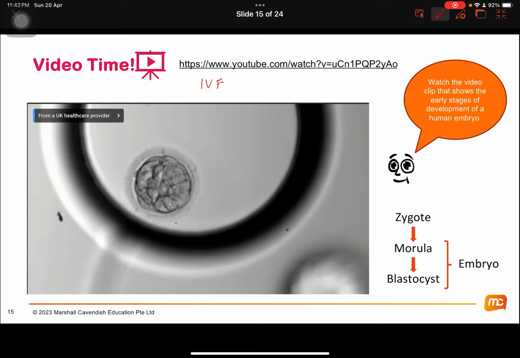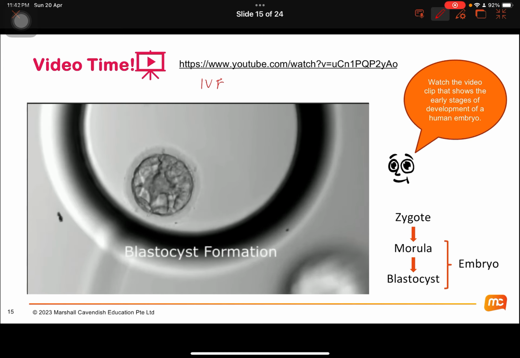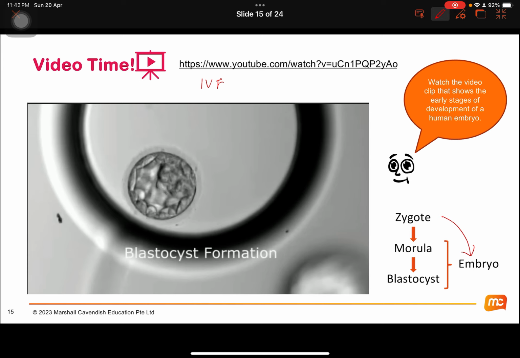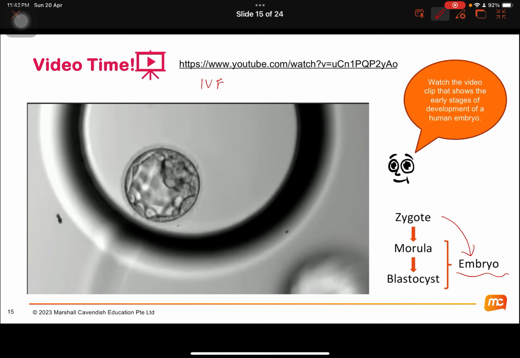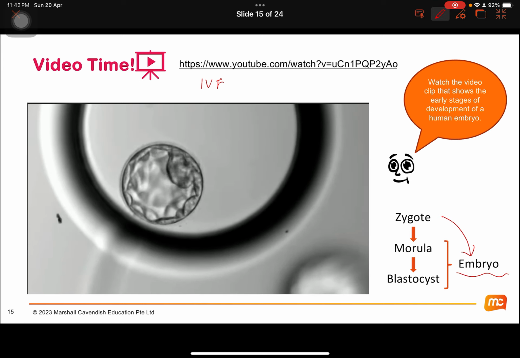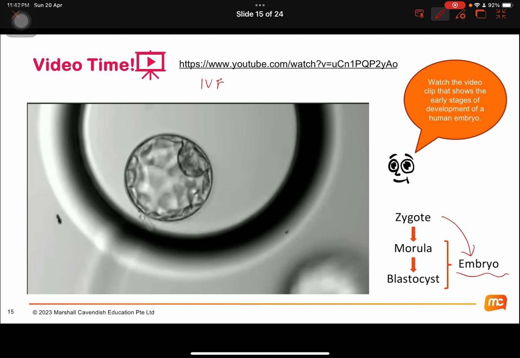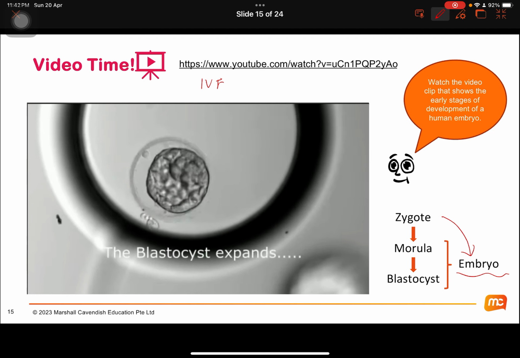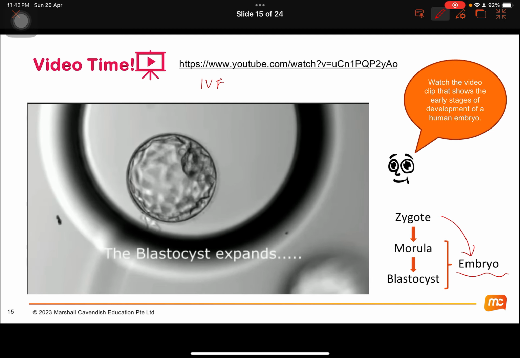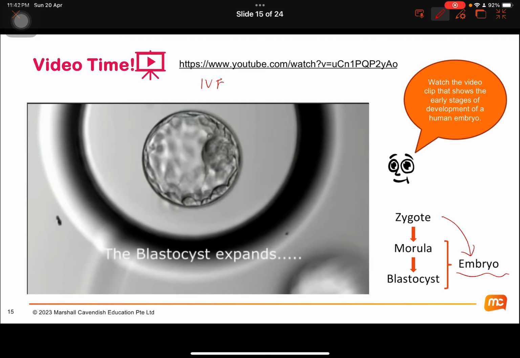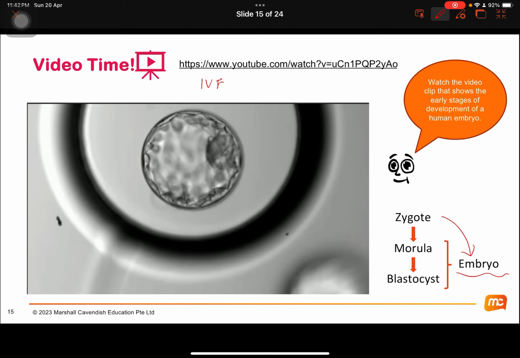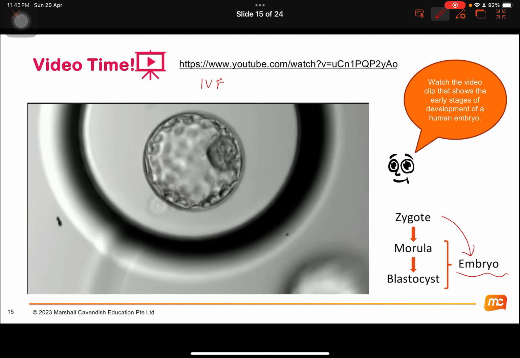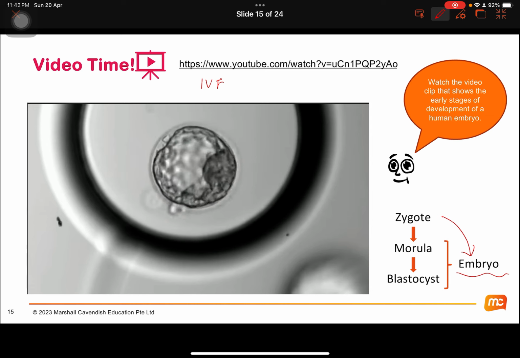So for your understanding, the morula and the blastocyte, alright, is actually part of the embryo. So all you need to know is the word embryo, but different names are given at different stage of the development. So once it continues to expand, okay, showing signs of successful development, the doctors will then filter out all the successful eggs, and then they will ask the couple, alright, how many of this would you like to implant